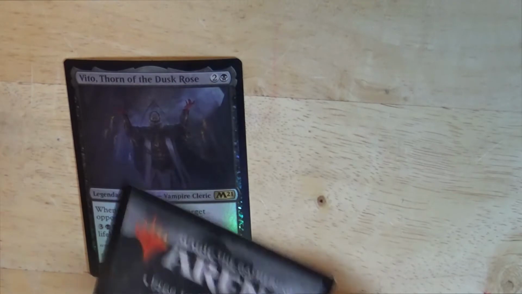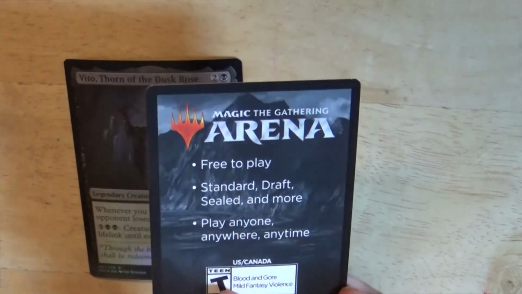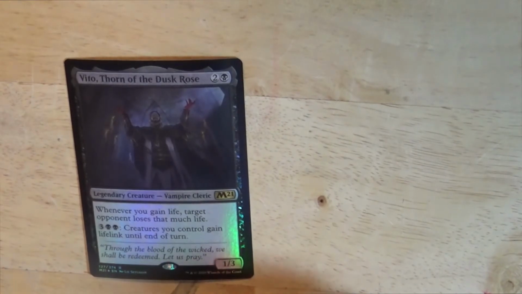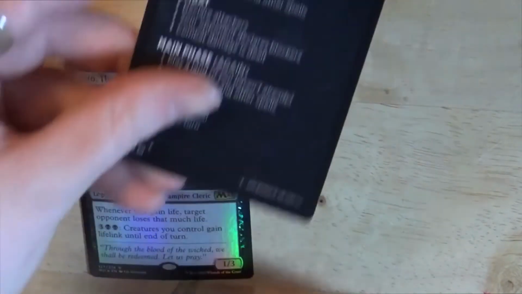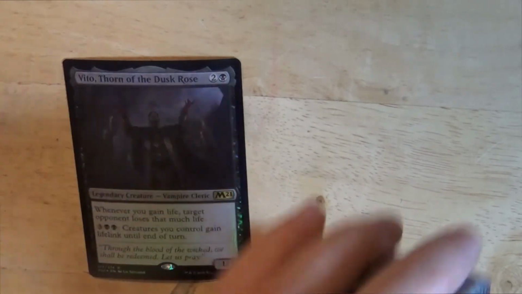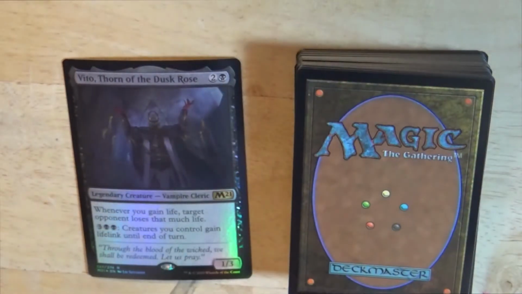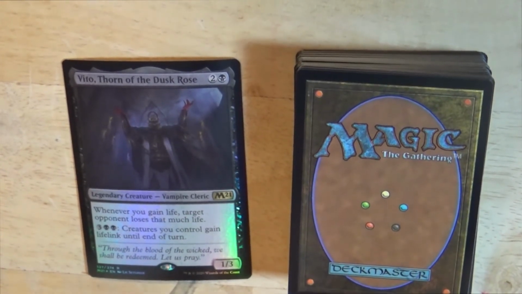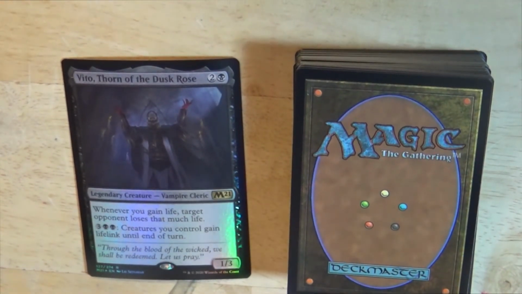Then we have a Magic the Gathering Arena advertisement with a code on the back. A quick start guide like the other one. And then the deck itself, which of course started with Vito, Thorn of the Dusk Rose, a vampire cleric legendary